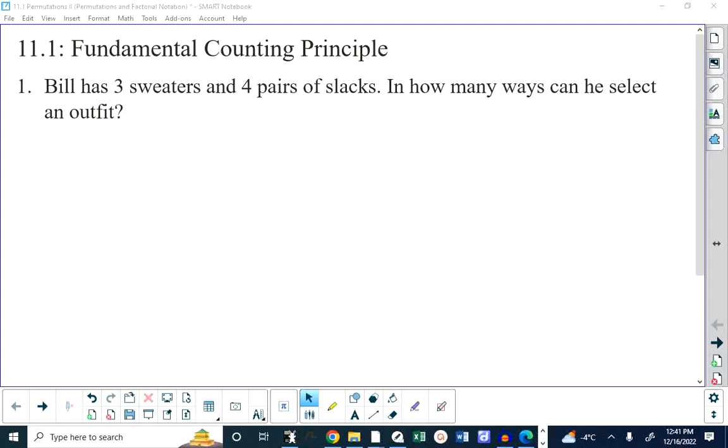All right, so the fundamental counting principle is what we learned yesterday, and basically it says,